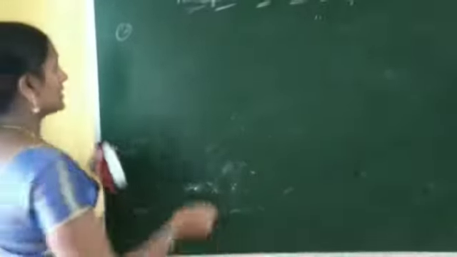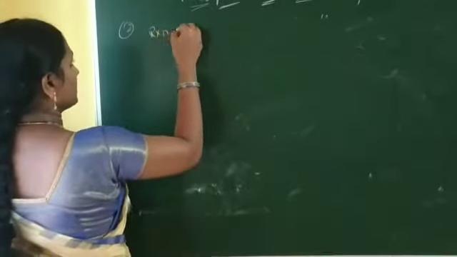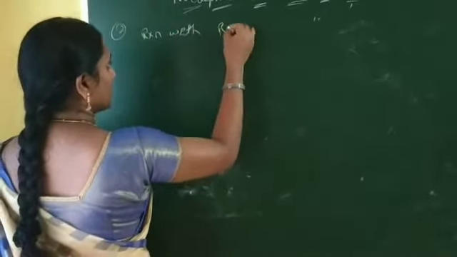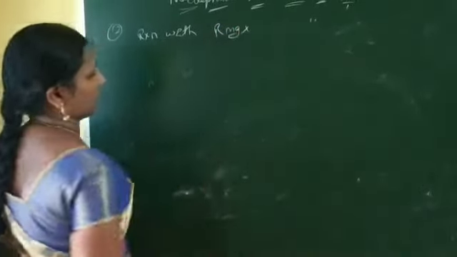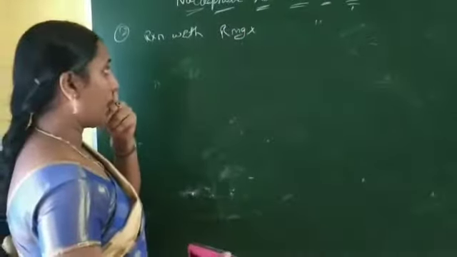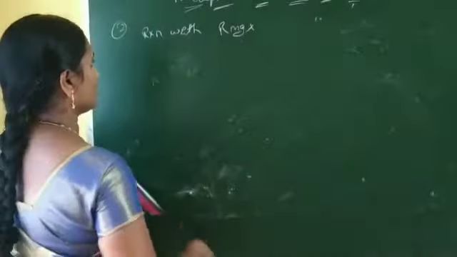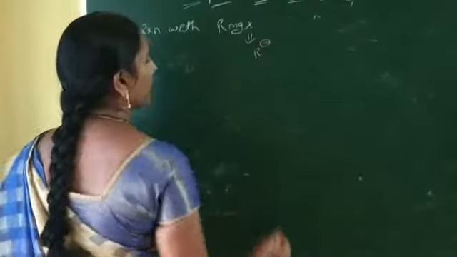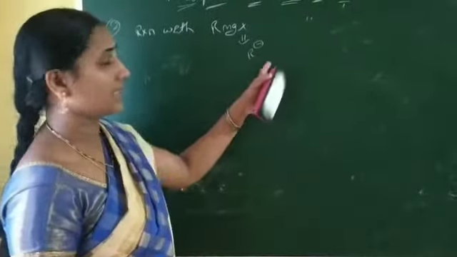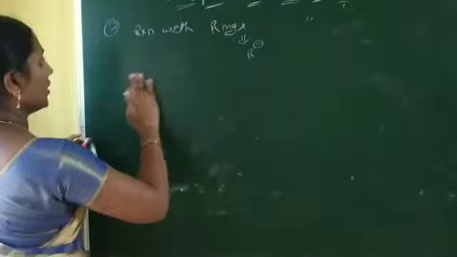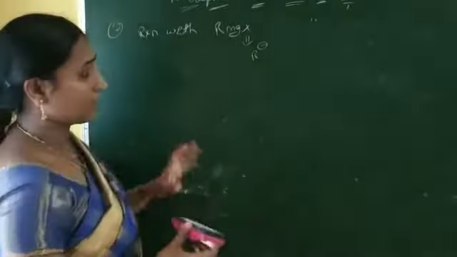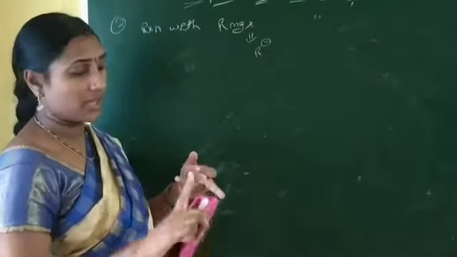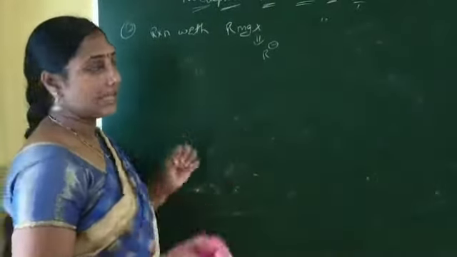Another nucleophilic addition reaction is the reaction with Grignard reagent. The reagent is RMgX. This is one of the organometallic halides. Now the Grignard reagent gives an R minus carbanion. That carbanion acts as a nucleophile. Now this Grignard reagent is treated with a carbonyl compound to form primary alcohol, secondary alcohol, or tertiary alcohol. This alcohol depends on the reactant.